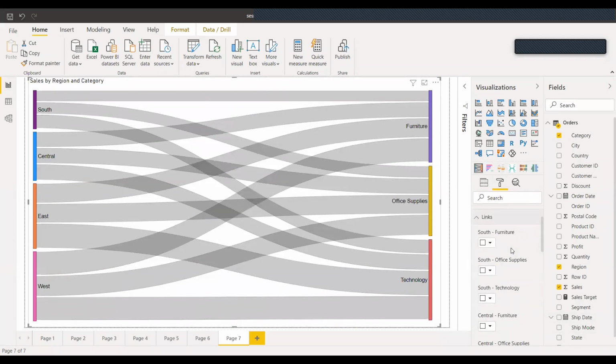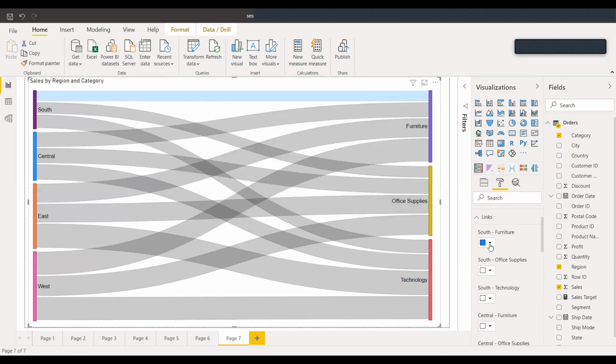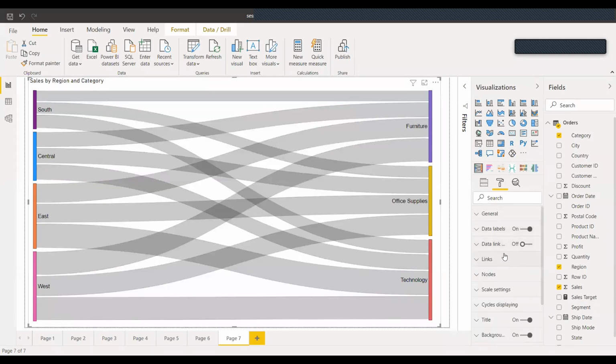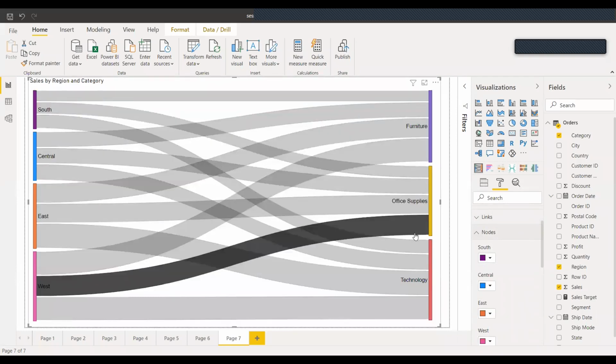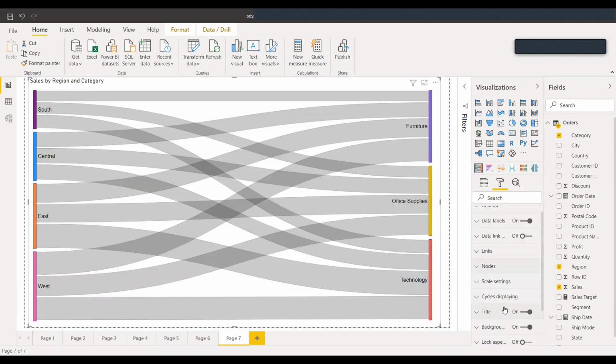Then you have the option of link, where you can choose the coloring of each link. If you want to define a different set of colors, you can define it, and it will implement it. Then we have nodes. Nodes are basically the starting and the ending point. You can define the colors of the node, and then the others are the normal features.